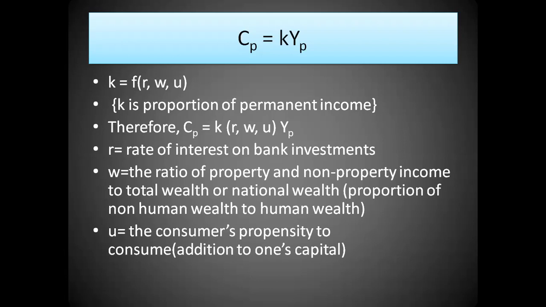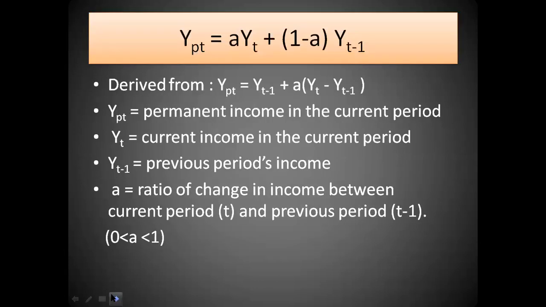So it's a function of the rate of interest, and W, which represents the proportion of non-human wealth to human wealth, and a function of U, which represents the consumer's propensity to consume. So if the consumer's propensity to consume is falling, ultimately the K will also fall, and ultimately the consumption will also fall. So now with this, we can say that the permanent income can be written as a function of A. Okay. So if you could see here,